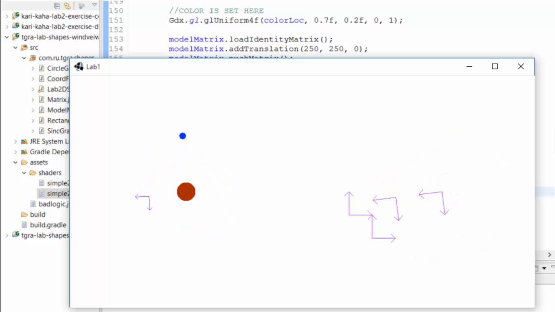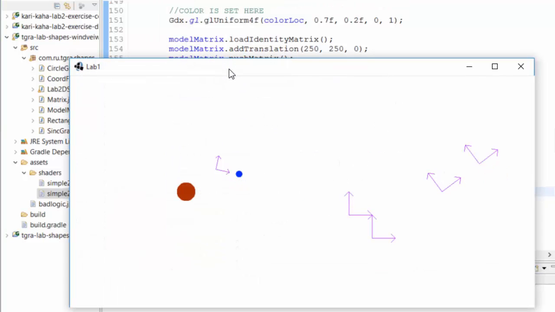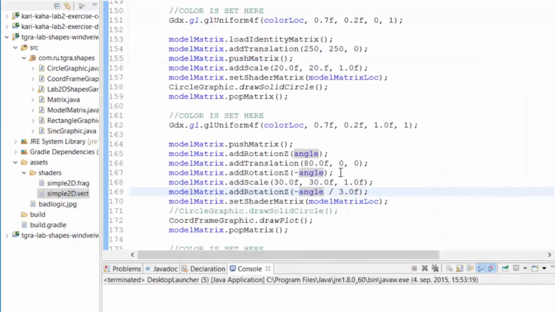It's kind of weird. Or let's say minus angle divided by 3, so it's spinning the opposite direction. Yeah, like that. Okay, so then you have that rotation. Then after we've actually popped that away,